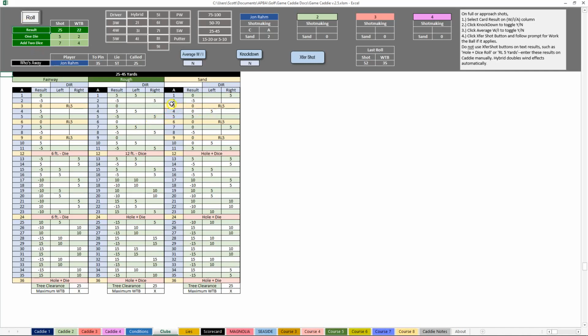Now, we don't have a blue box here in this column, the sand column, so we can't click on it, or we can click on it, but it's not going to do anything that will be helpful. But the result is 0, and we have the option of moving the ball 5 yards to either the right or the left, and we'll definitely choose the left since that's the side that the pin is on. So the way that we handle that is come back here to the Caddy tab,